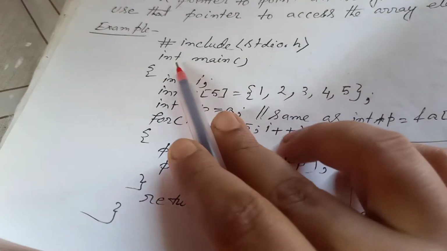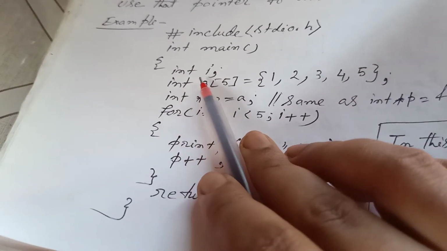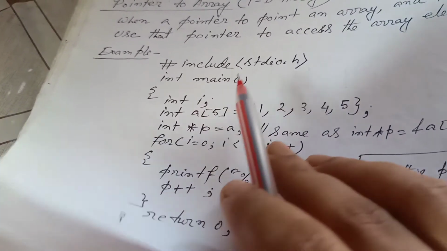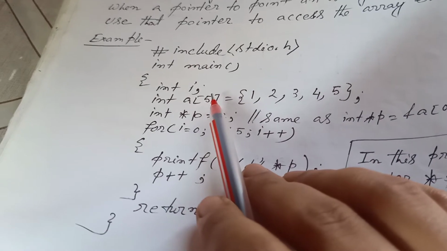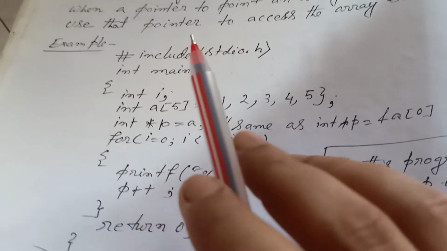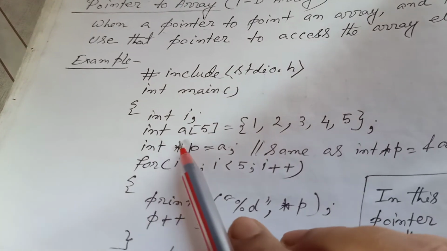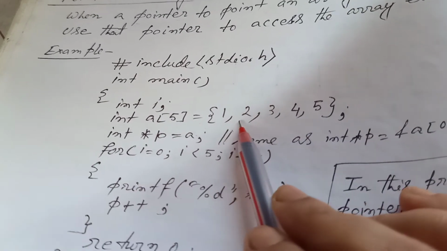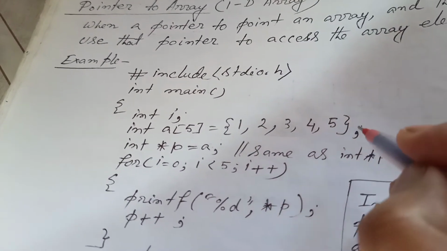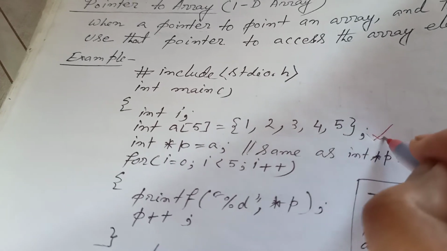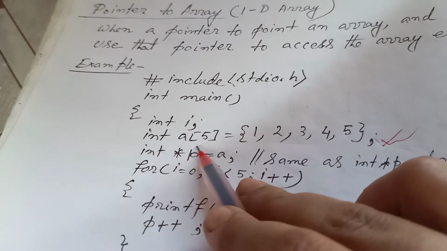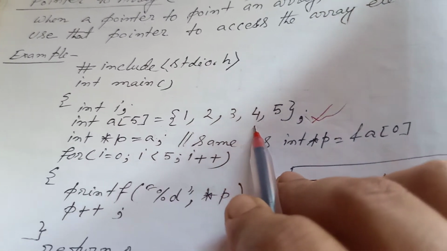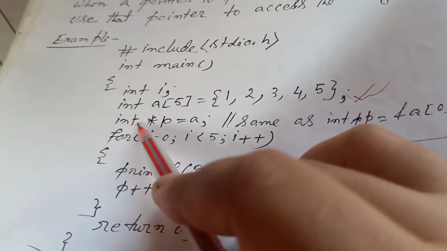We start a C code: int main, then we declare int i. i indicates the index. Generally for an array the index starts from 0. Here it is also the same. So int a[5], that means the array size is 5. The elements are declared; this declaration we have already learned. So we declared the one-dimensional array with the elements 1 2 3 4 5, and